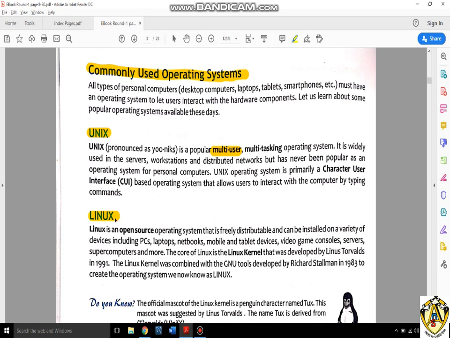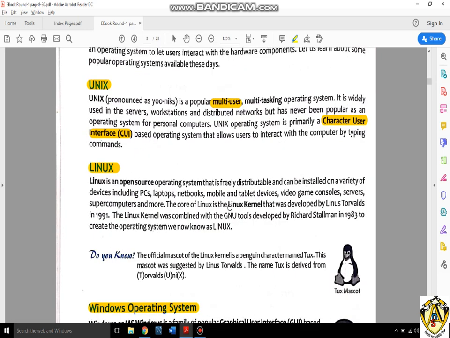And these are available free of cost, in which Unix is a character user interface, that is called CUI. In this you can see only characters, whereas Linux is a GUI operating system in which you can play games and you can support servers and supercomputers and more.